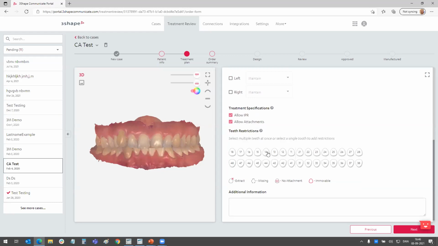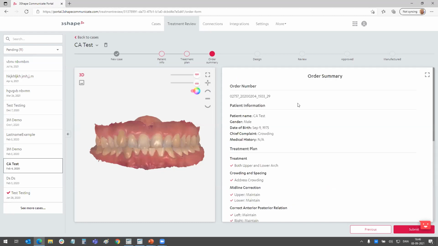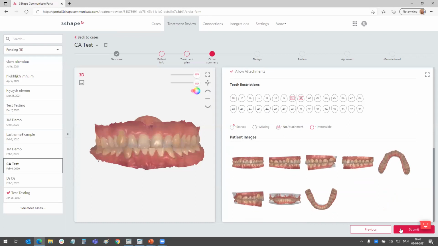Let's see here. It could be that I will allow attachments, but I don't want attachments on the two incisors. I can then click them and say no attachments and save it. And all of this information will be carried over to the lab so they can use that when they design the treatment. The next step here is just a summary of what I want, including the usual pictures. And when I then press submit,